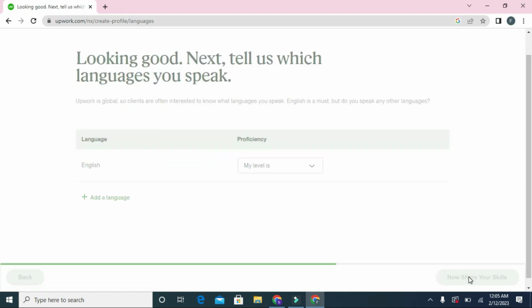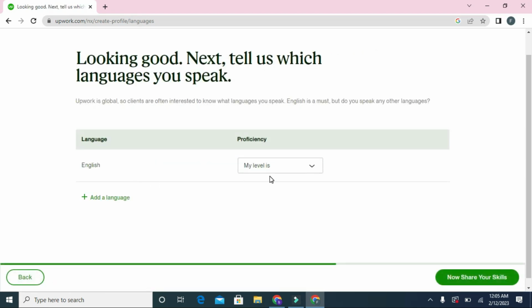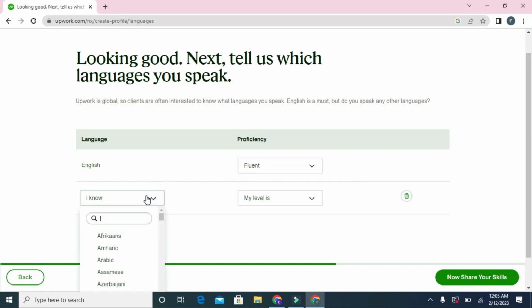Next, add your languages. My level is fluent. Now second language, I know